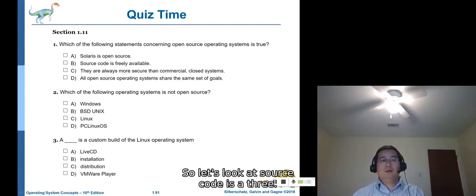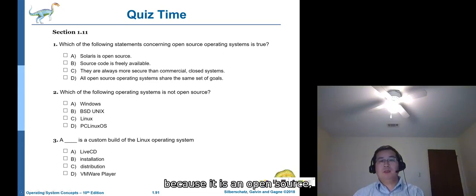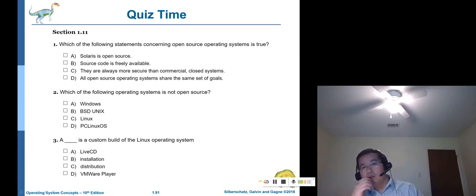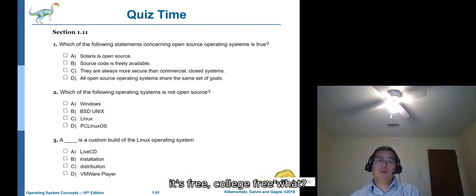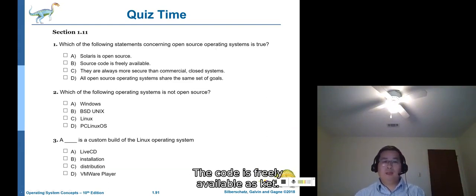So let's look at: source code is freely available. This is correct, because it's called open source. That means the code is free. The code is freely available, that's correct.